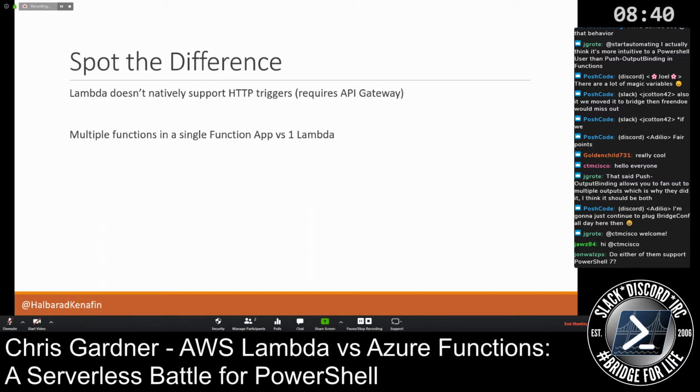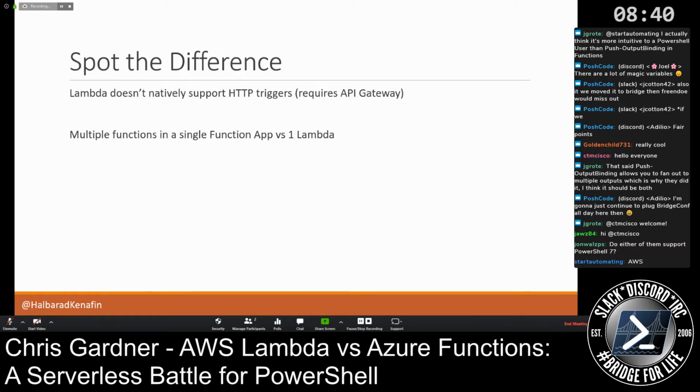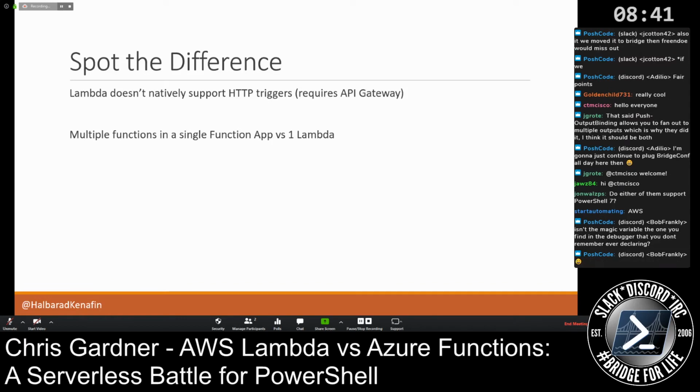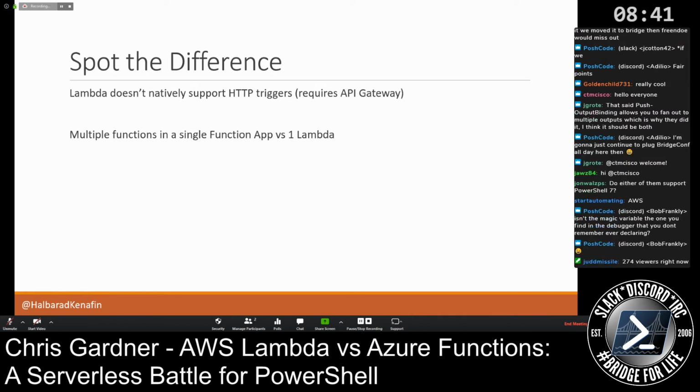You can have multiple functions within a single function app. As you saw briefly, the one I had had a Cosmos DB trigger and an HTTP trigger. So I can have lots of different ones in there, and they all have one endpoint with / whatever my function's called on the end to trigger them if they're HTTP triggers. And they all get logged and billed, and everything runs in the same function app, which is pretty useful. Whereas with Lambdas, you just have a Lambda or 50 Lambdas, and they're all individual resources that you have to manage.